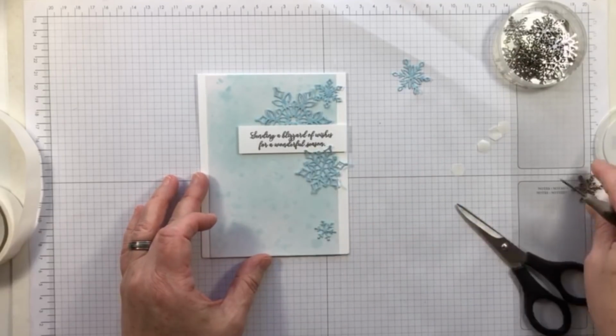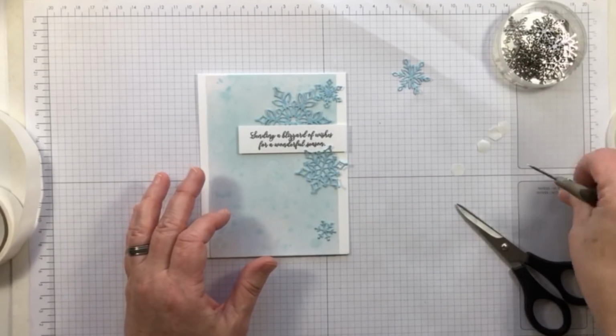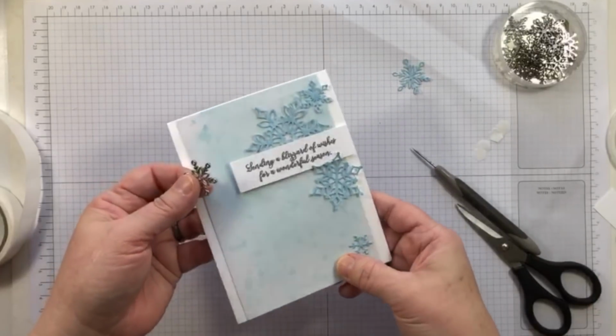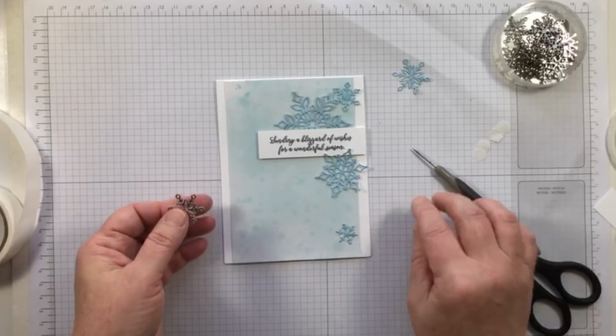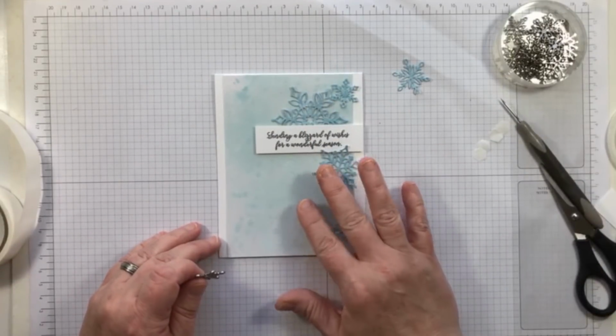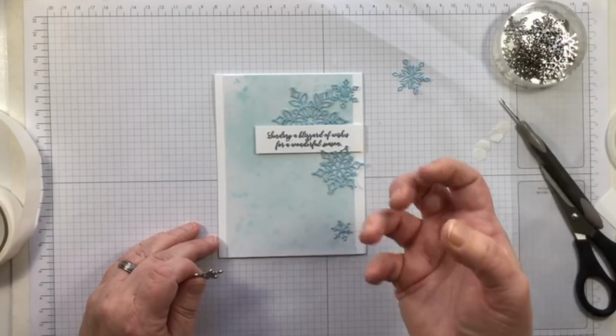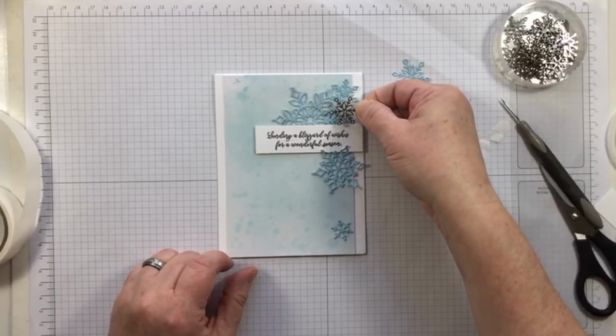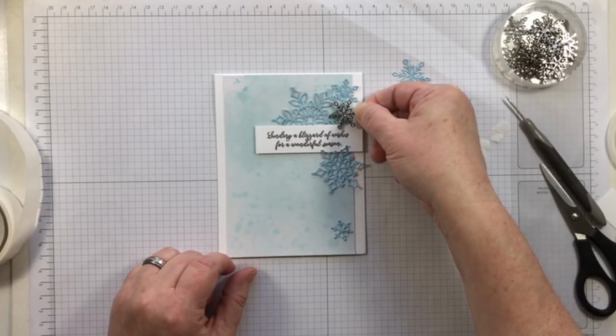Now for some sparkly, I think we can use a little bit of sparkly on this. Although the white paper does have shimmer, I think I would like to have just a little bit more. And I love the depth. Can you guys see? It has the look of the watercolor smush. Now if we were to add one of these sparkly snowflakes, it might be,